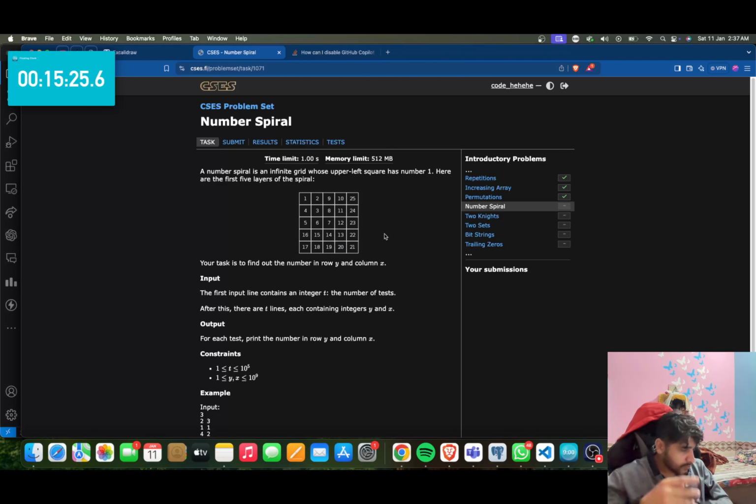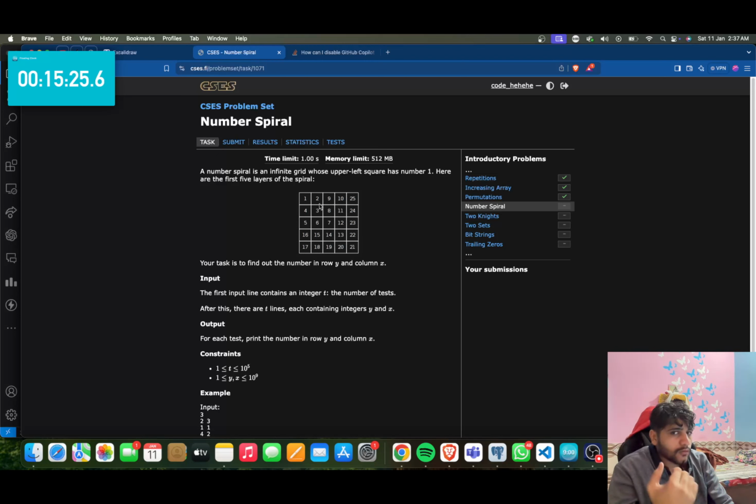So what we can do is, if a row and column are given, 2 and 3, and let's say the column is odd, that means there must be a square at the top of that column, right? If the column number is an odd number, like 3 is, so it must be a square. And wherever we have the square, it's always decreasing down the line if we are considering the column. Okay,